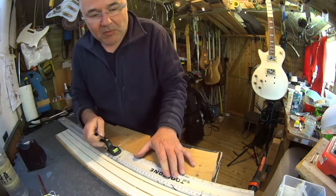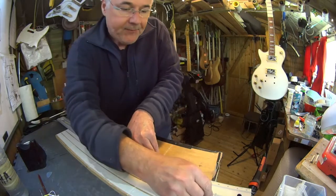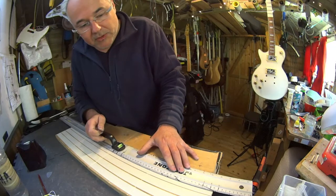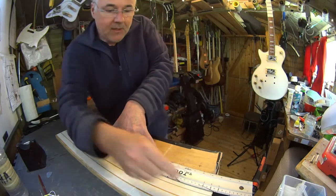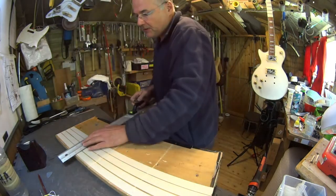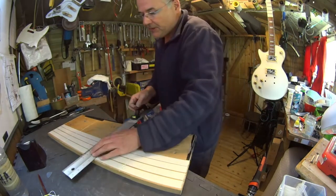I always end up with a few more bits than I actually need, but I've also got some spare in case they peel back and I need to quickly cover them off again, which I advise you do to avoid any damage to your fingerboard, which is something you really don't want. So there's my longitudinal cuts, and I go across the strips,